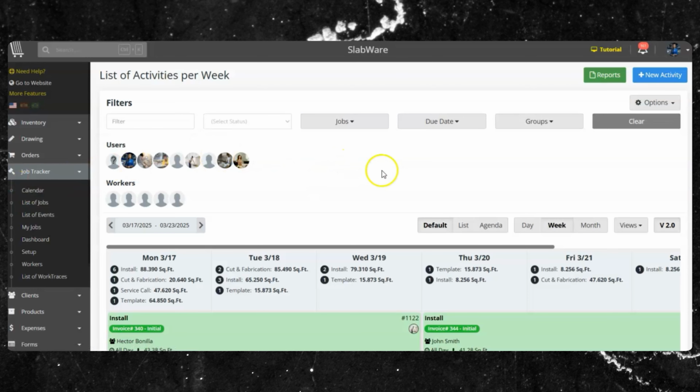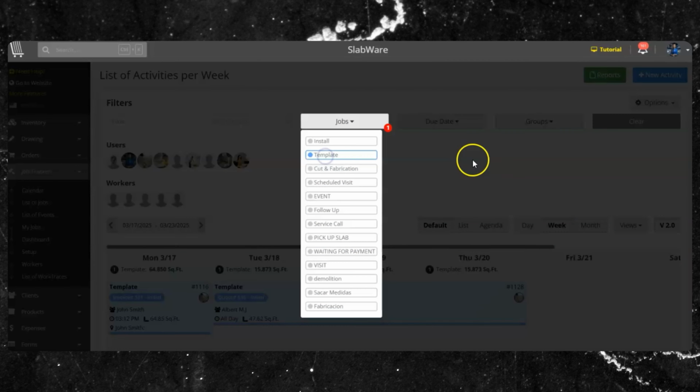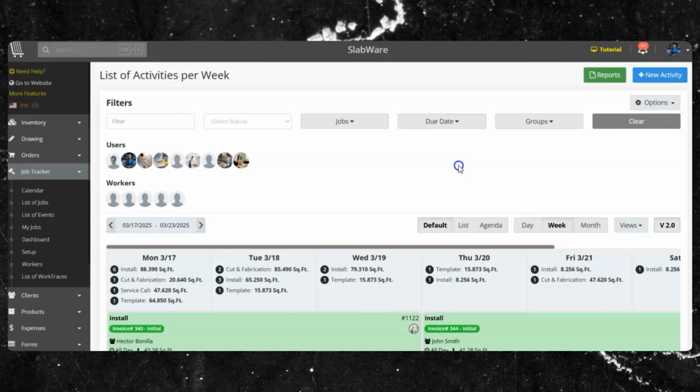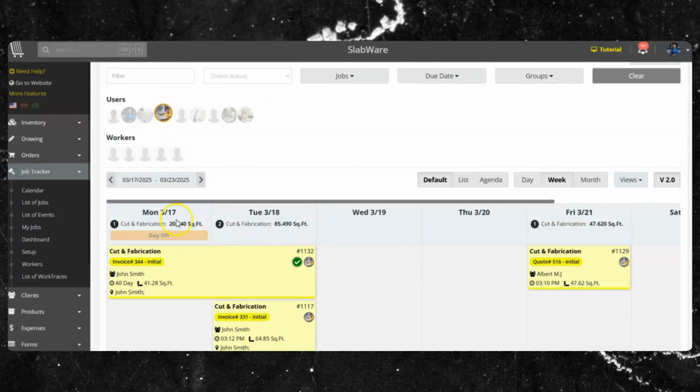Here in the calendar, you have some filters where you can quickly find a specific activity. So you can filter based on status or type of activity. If I want to see all the templates I need to do, I can filter here. Or if you want to filter based on assigned to, so if you want to see everything that Josh is assigned to, you can click here and the system will show you everything that Josh is assigned to do this